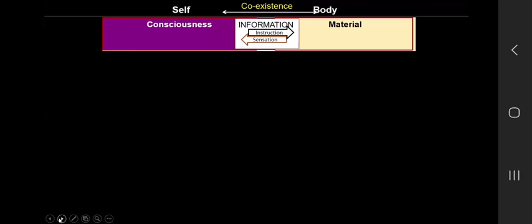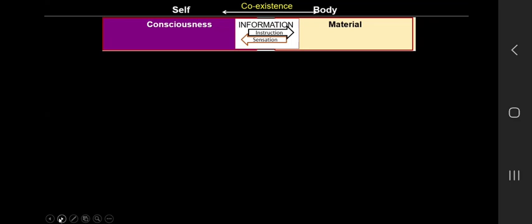In what way? The self sends some instruction to the body. This instruction is in the form of information. Similarly, there can be many sensations in the body. Many processes are taking place. Digestion is going on, circulation is there, assimilation of food is happening. Many activities are going on in the body, due to which there are several sensations.